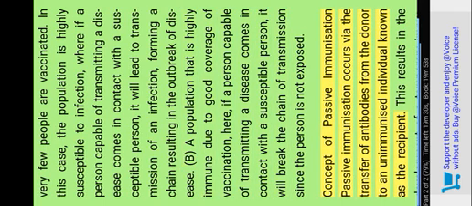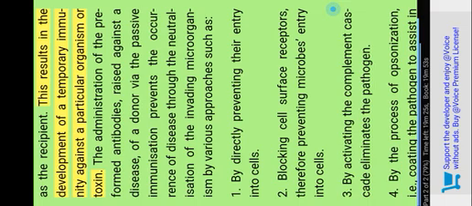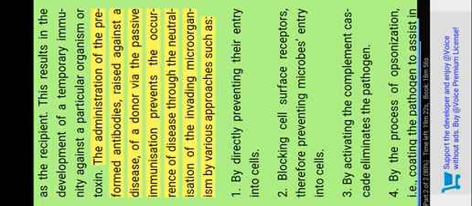Concept of passive immunization. Passive immunization occurs via the transfer of antibodies from a donor to an unimmunized individual known as the recipient. This results in the development of a temporary immunity against a particular organism or toxin. The administration of the preformed antibodies, raised against a disease, of a donor via passive immunization prevents the occurrence of disease through the neutralization of the invading microorganism by various approaches such as: